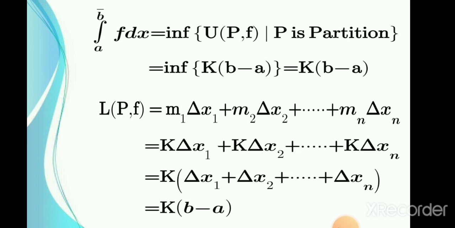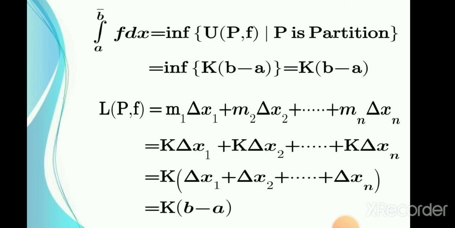Integration of f dx from a to b bar, that means the upper integral, equals the infimum of the upper sum such that P is a partition, equals the infimum of k into b minus a, equals k into b minus a. Then